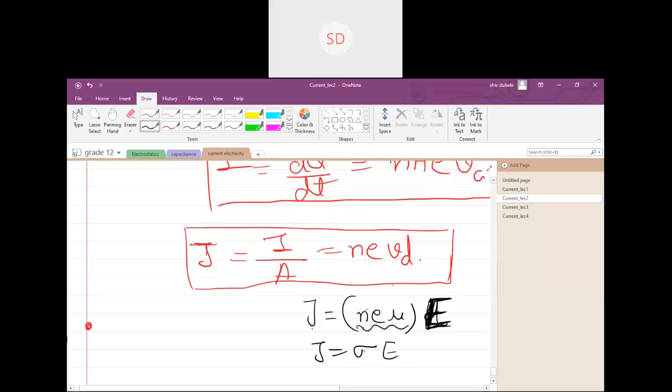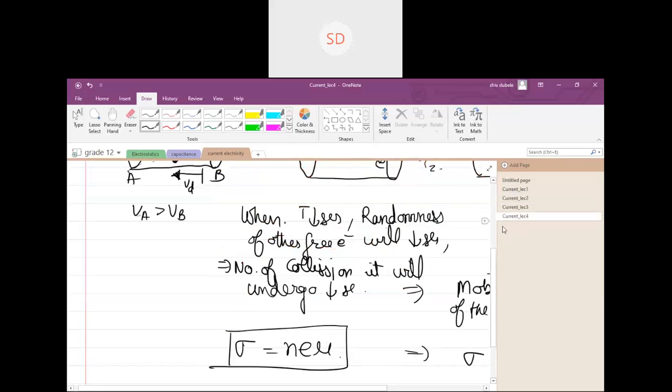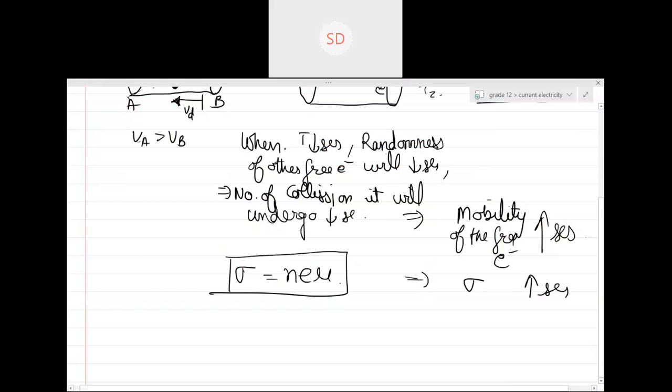Do you remember? So if the mobility of the free electron increases, the sigma will increase, and that implies rho